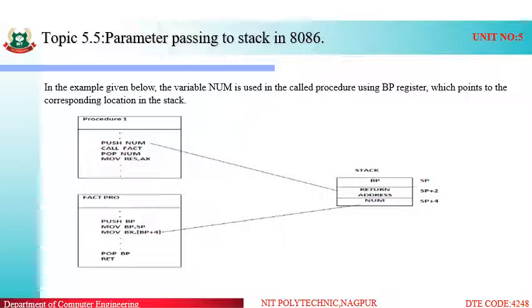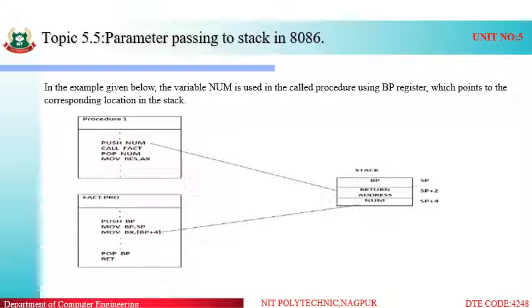Whenever this fact pro is executed, it will be placed inside the stack memory after the number which is stored in the stack memory. What will be its address? Stack pointer plus 4. Why are we taking plus 2, plus 4? Because the stack pointer holds a 16-bit address, so inside that we are storing two values.